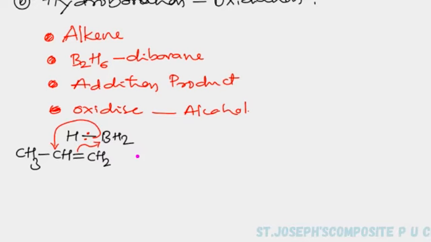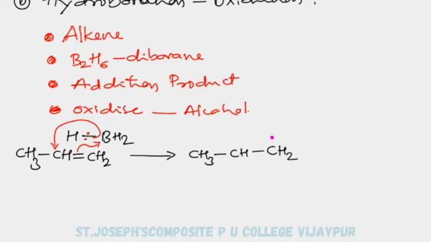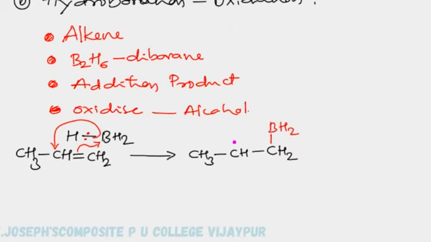And let's see what we have here. CH3, C, H, single bond, CH2. This side I have here BH2. Okay, and on this side I have one hydrogen over here. This is the addition product. Okay, so again the boron can undergo the reaction with alkene because still there are two hydrogens there. So therefore I will take the same molecule in the next step.